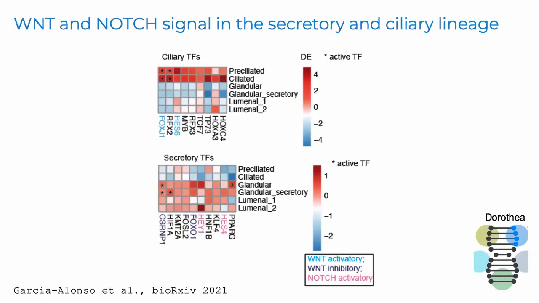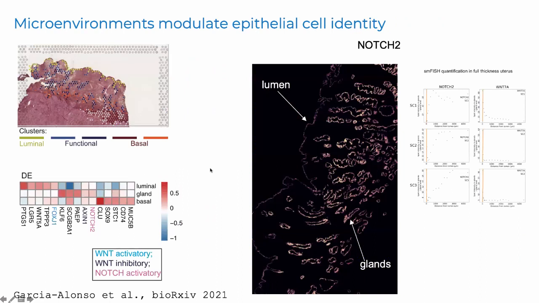It really highlights how important it is for these epithelial cells to properly differentiate. And that's where we started to look for the differentiation pathways by measuring the transcription factors and also their activities, just by looking at the genes that are known to be regulated by these transcription factors. What we see is that in the epithelial cells that will differentiate towards the ciliated lineage, the Wnt pathway becomes active, while the ones that differentiate to the secretory lineage show an inhibition of Wnt and then an activation of Notch. We wanted to see if this pattern of the pathways is also seen in space,